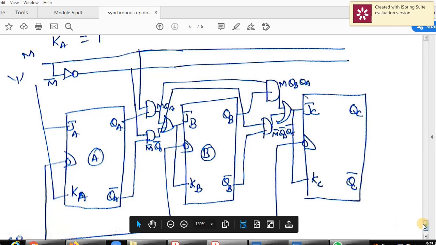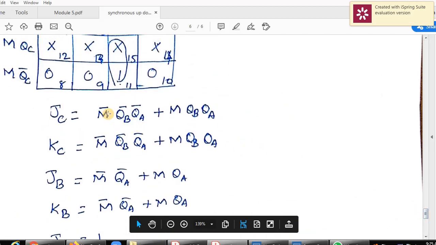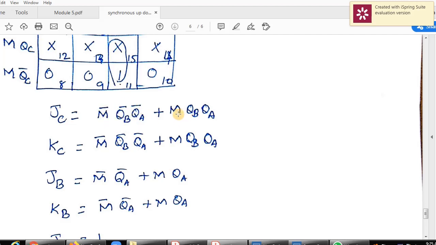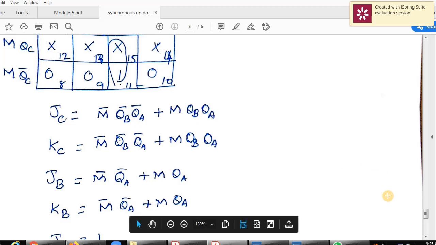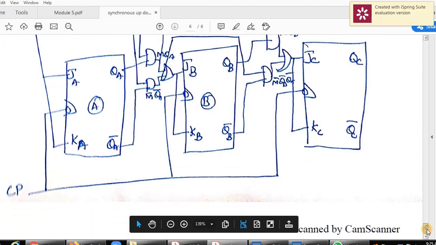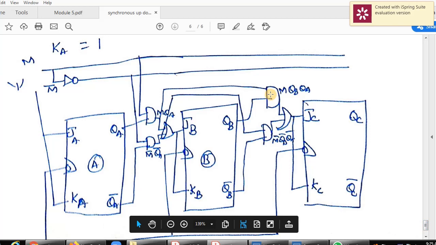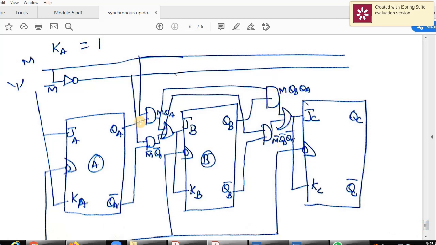Then for JC, M bar QB bar QA bar, so the three terms have to be multiplied, and here M, QB and QA. So what you have to do is add two more AND gates and one OR gate. In this AND gate, we already multiplied M and QA, so we take this one and connect it here, so you'll get M QA.